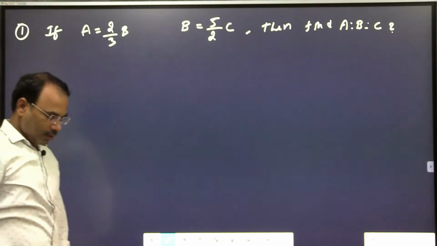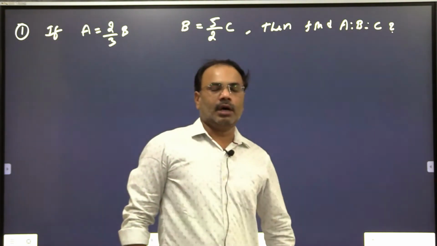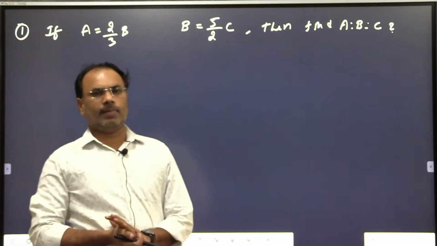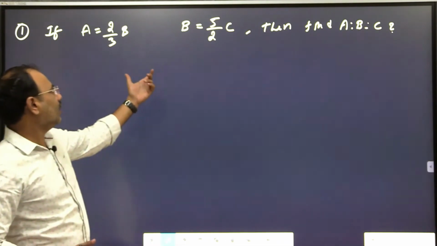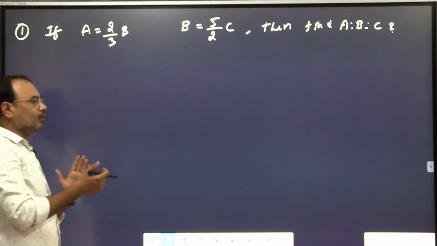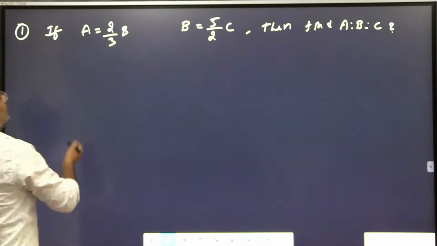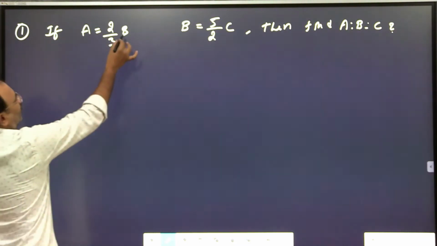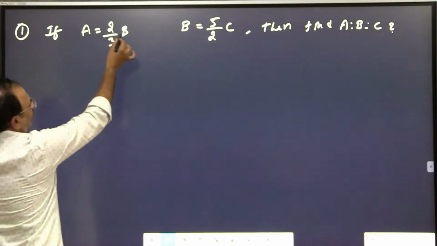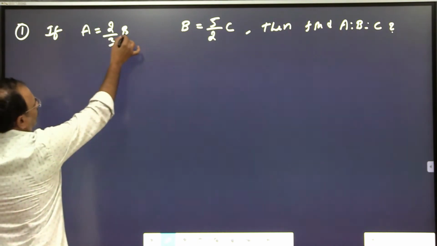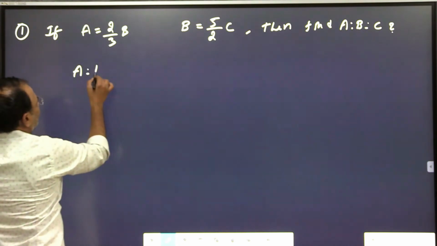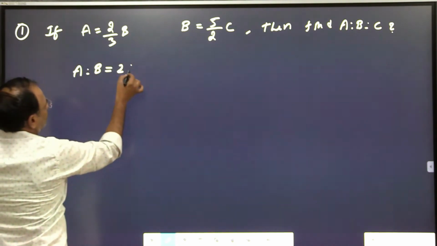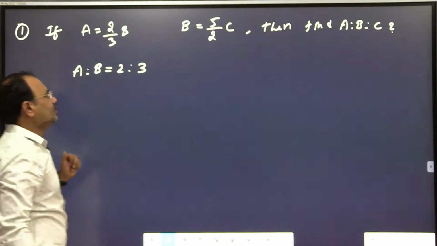So in the last classes we covered ratios. The ratios are not given directly; they are given in combination, in various different models and formats. First you have to convert these different formats into ratios. a is equal to 2/3 b, then b comes over here, so we get a by b. So 2/3 into b, this b becomes a by b. a by b is nothing but a is to b. a is to b is equal to what? 2:3.